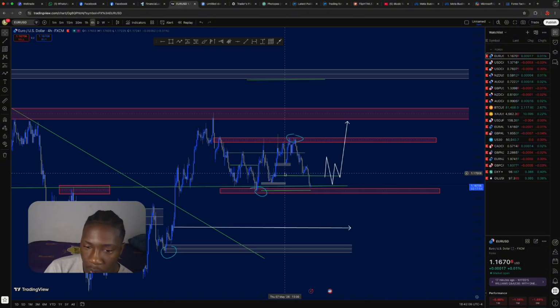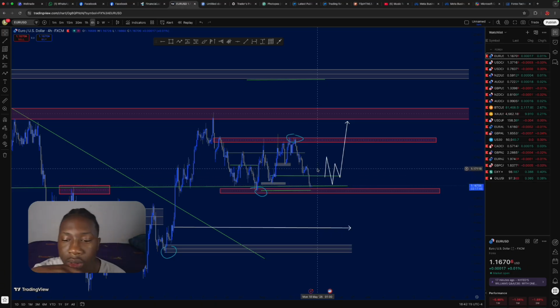And with the analysis we did, we also need a push to the upside for us to say the market is now creating a way to change its direction to the upside. We need a push to the upper direction, and after that push we need again a push to the downside, and this push to the downside is going to go on the demand level of this